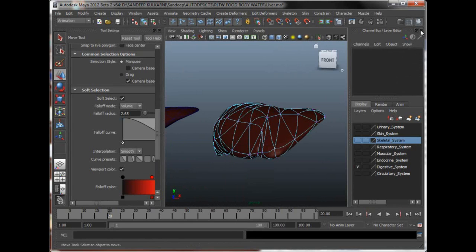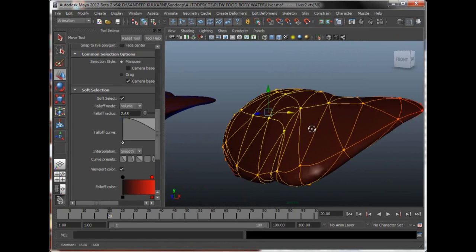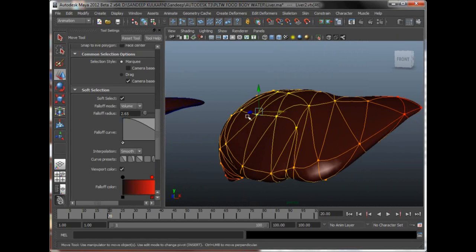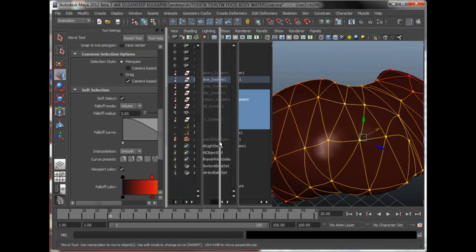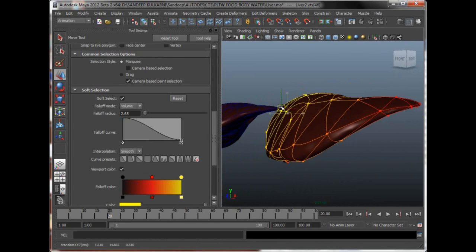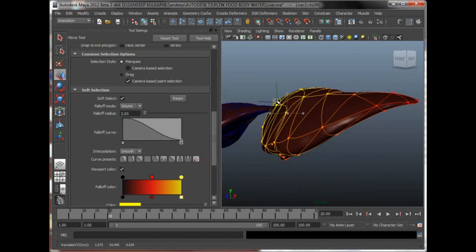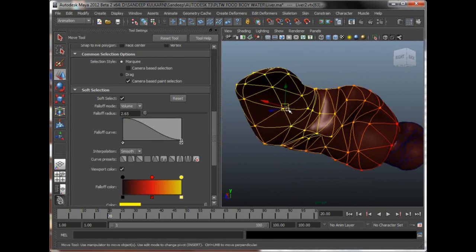And let's also close the channel box over here so we get more space. Simply select one of the vertices over here, and depending on the fall off radius, it's going to show you a nice little fall off color of where it's properly selected all the way down over here. And simply change the shape. So I'm going to expand it over here, maybe select a few points, hold down shift to select a couple of points at the bottom,